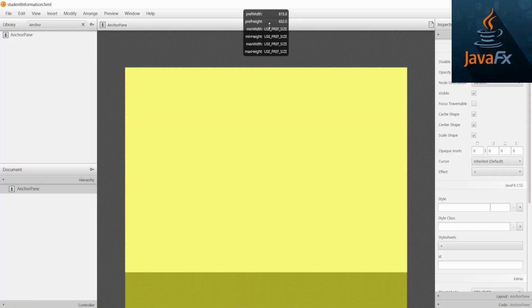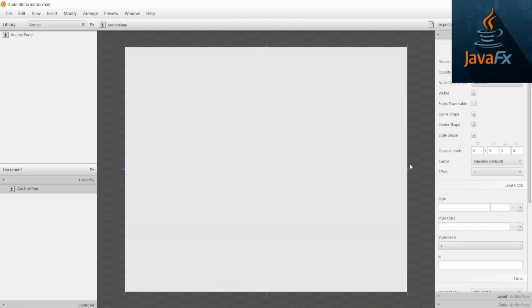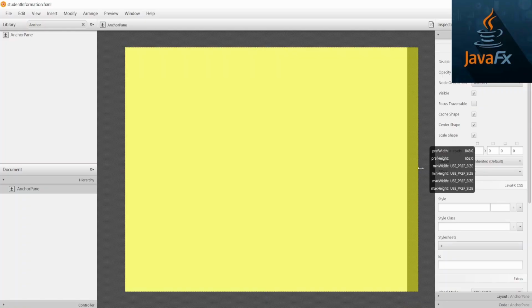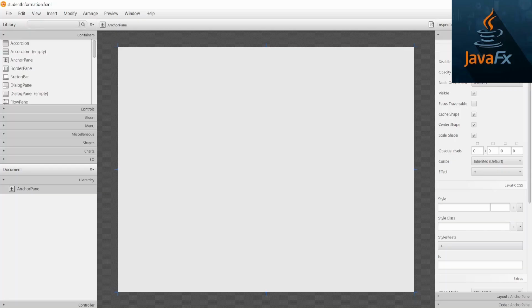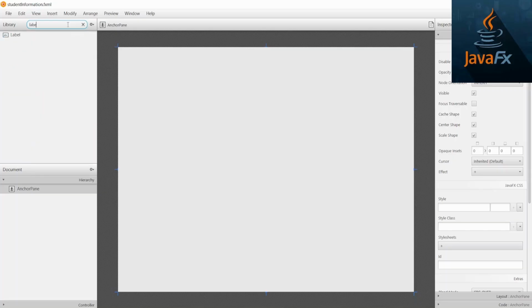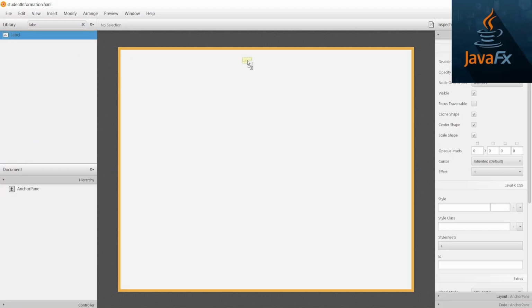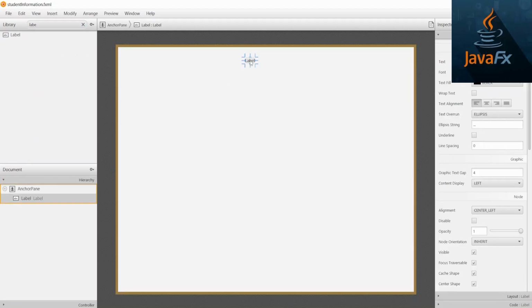I'll increase it a little bit because our student information would take a lot. Firstly, what do we need? We need a label for the header. So I'll call a label like this, and drag and drop it for the header. I won't make it beautiful, so you can do anything you like. I'm focusing more on the functionality. I'll increase this and change it to Students Information